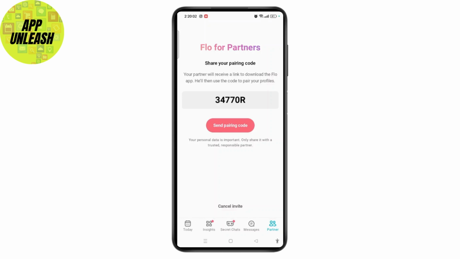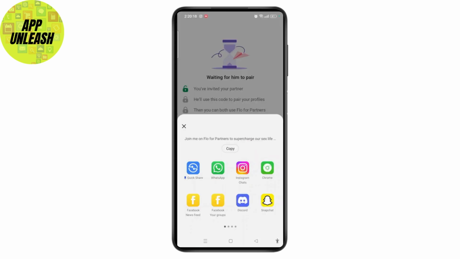Your partner will receive a link to download the Flo application. Then he will use the code to pair with your profile. So let's tap on the send pairing code button. Here are the different ways you can share the code to your partner in order to link your partner